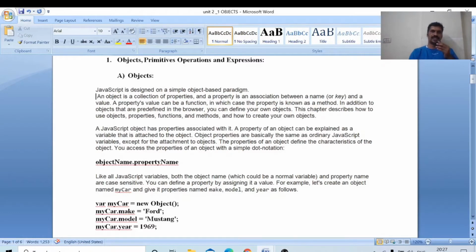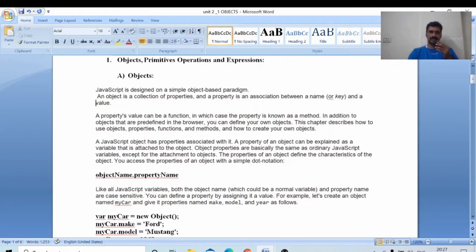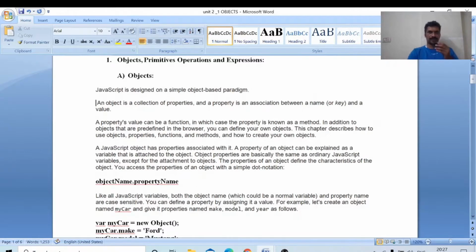This is the golden word. An object is a collection of properties, and a property is an association between a name and a value. Remember this. This is the golden word of JavaScript.